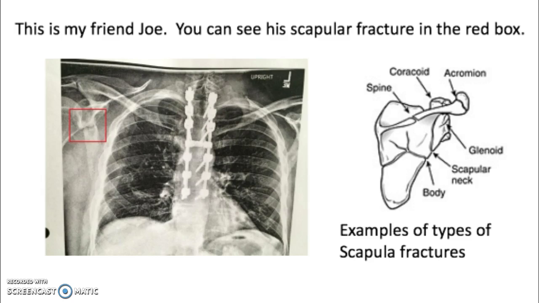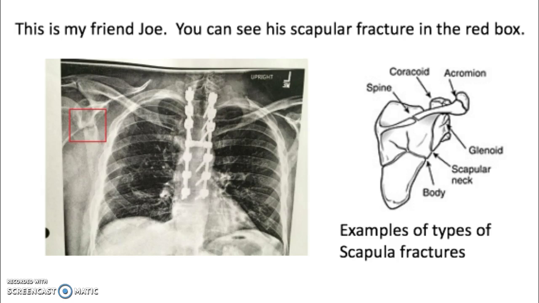He sent me his x-rays so that I could share them with you. He volunteered to even let you guys practice on him, but I told him we can't actually x-ray humans in our lab. And this picture here is an example of some of the fractures that you might see on a scapula. They're pretty amazing, and sometimes they're difficult to see, so just keep that in mind.